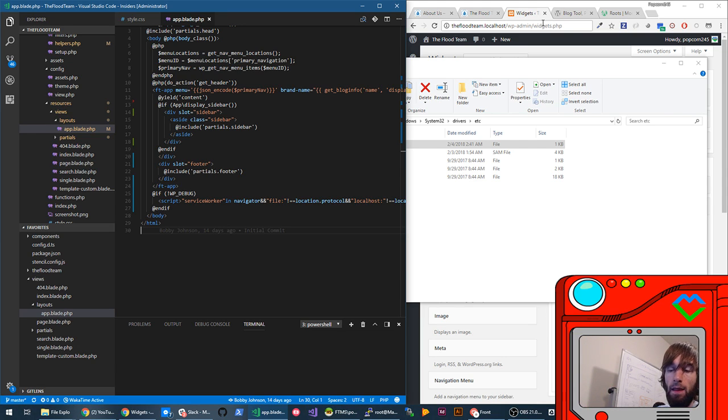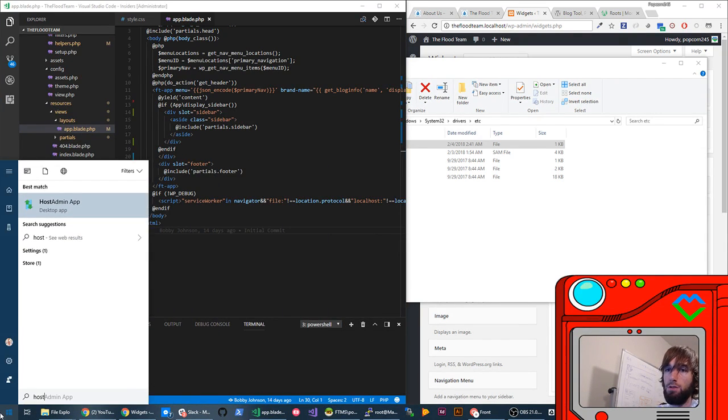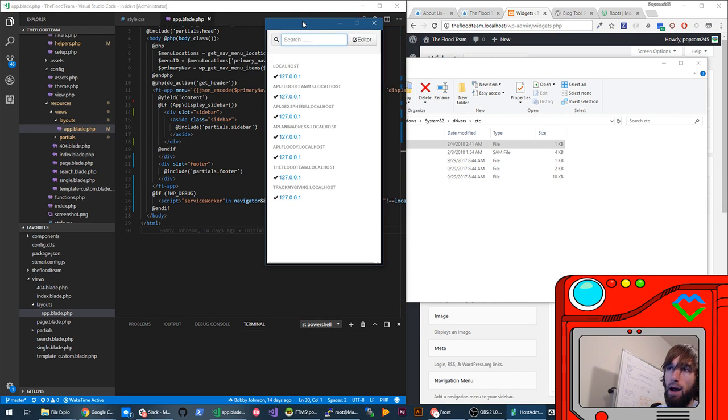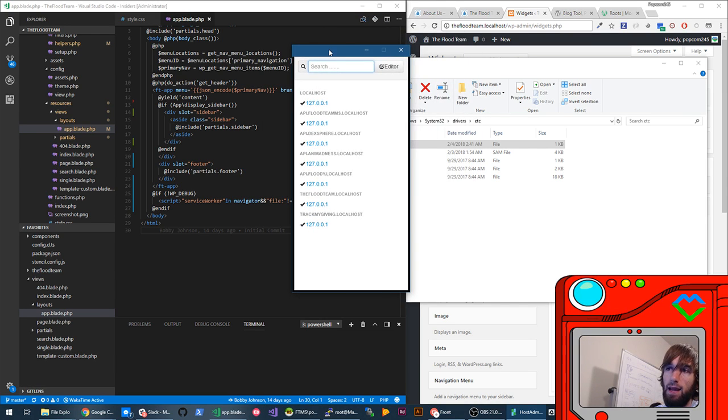And then if you do edit your vhost file a lot, it helps to have something called HostAdmin. This is just a Chrome plugin, and I will edit the description to add the link. It's a plugin for Chrome that reads your file, and after you browse and find it via that location I just gave you, it allows you to see all of your virtual hosts, and you can even toggle them on and off. So if I toggle off here,